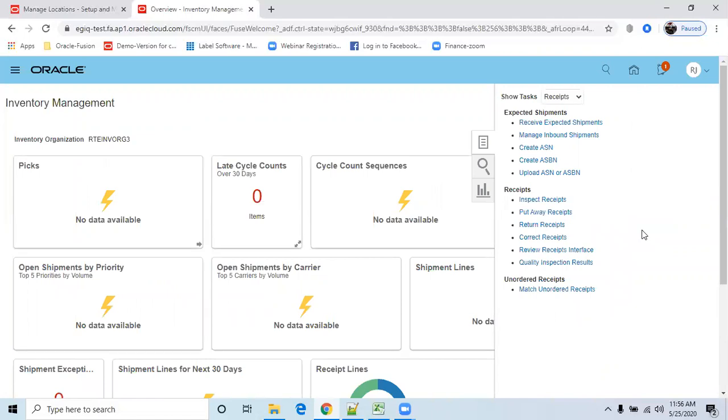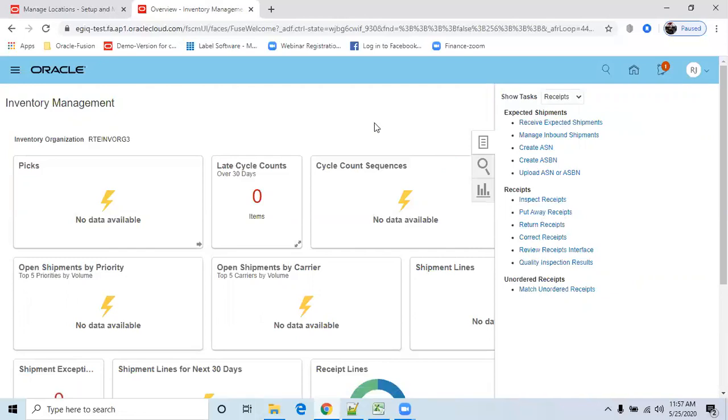It won't be available in the storage sub inventory yet because we selected receipt routing as standard. Standard means first we receive into our organization, then using put away we push that material to the storage sub inventory. So the next action for standard is to use the put away receipts.